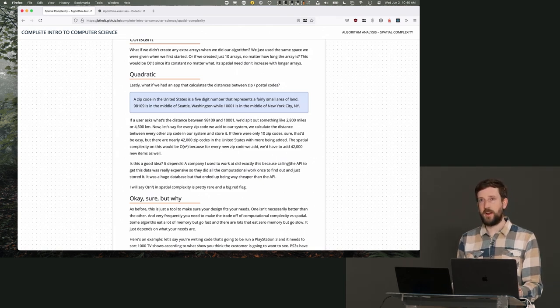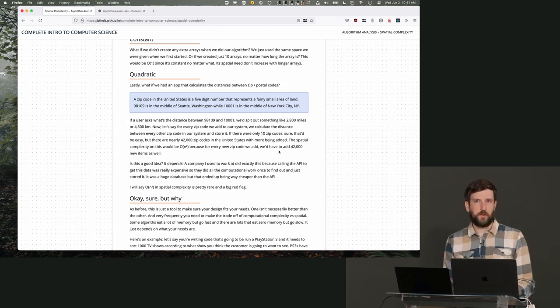Typically, you'd never want to have quadratic spatial complexities. That's really the only time I've ever seen it be appropriate. So there's a great question on here, like how does this apply to functional programming? Because functional programming churns through a lot of stuff, right? There's a lot of arrays being created and destroyed.